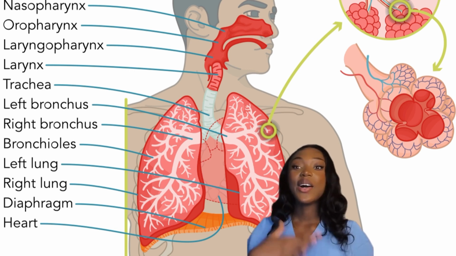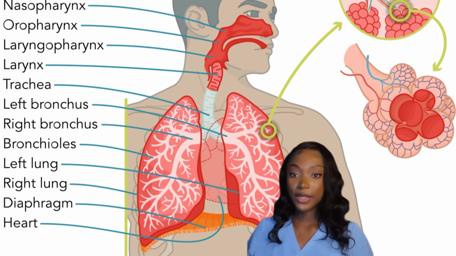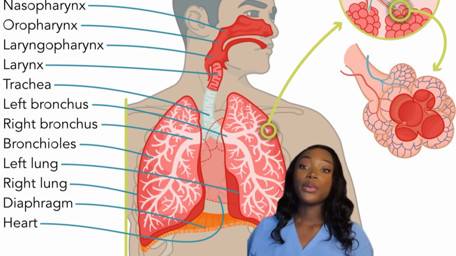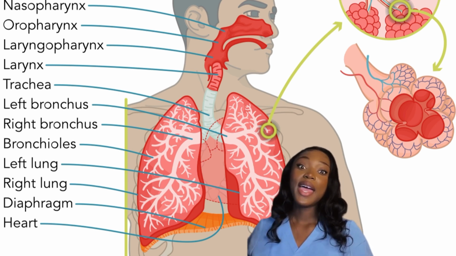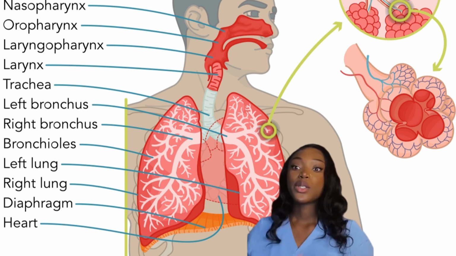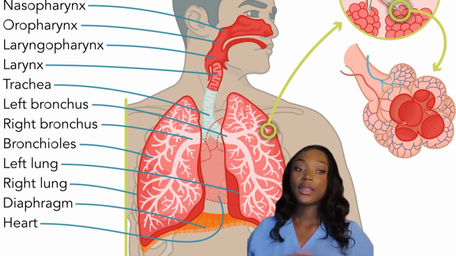The lungs are the main organs of the respiratory system. They are composed of lobes and are responsible for gas exchange between the air and the bloodstream. Then we have, I think, the number one player in all of this system, the